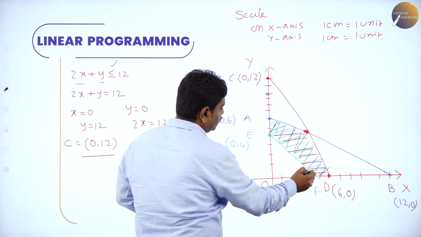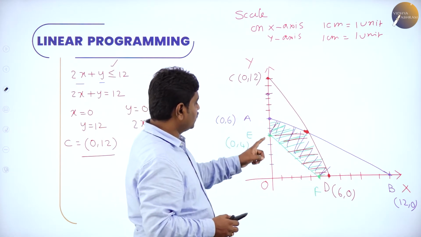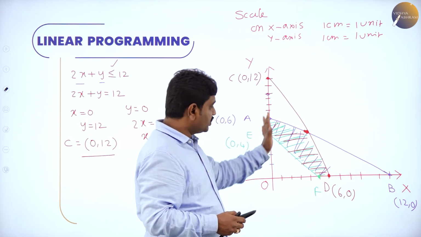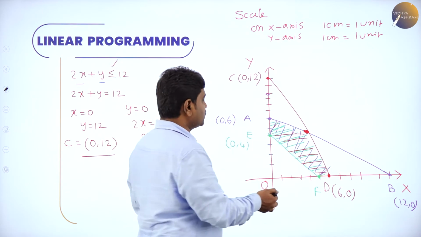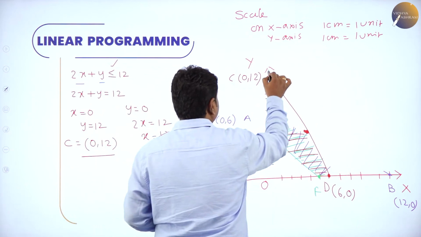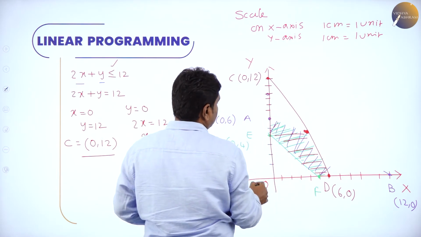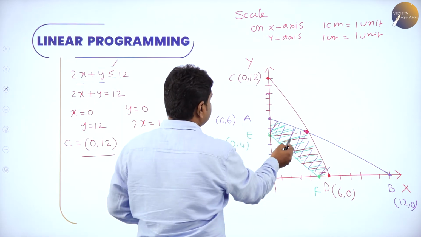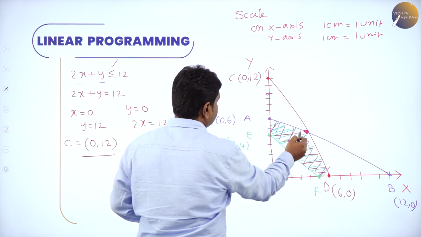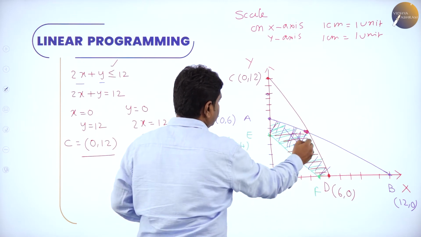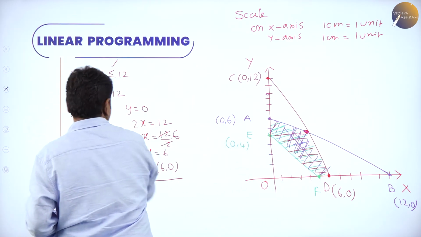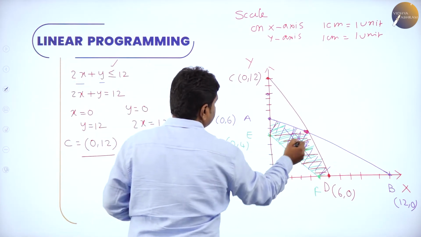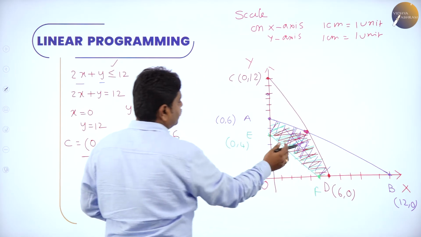But if you see this particular region, the blue line, green line, red line, all are mixing. So this we call the feasible region. The vertices of the feasible region we call corner points. So now this region is the common region of shading, where the blue line as well as the green shading as well as the red line shading intermix. So all the regions are mixing in this region, and we call it the feasible region.